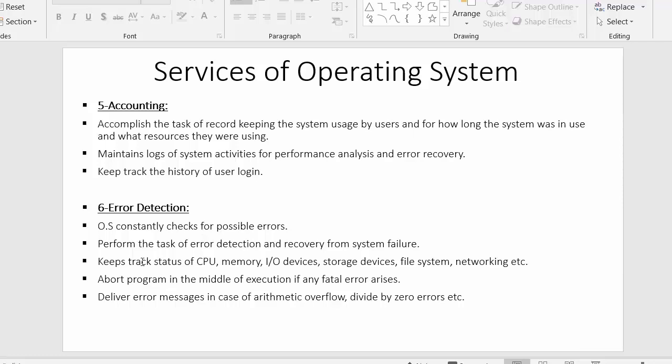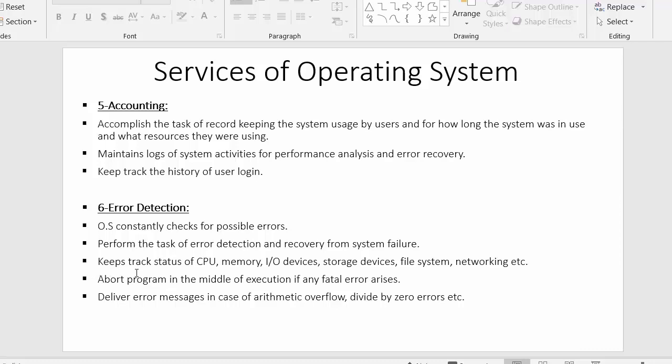Next point is to perform error detection and recovery from system failure. Whenever something goes wrong with the system, the operating system immediately detects that error and tries to recover the system from any major failure.